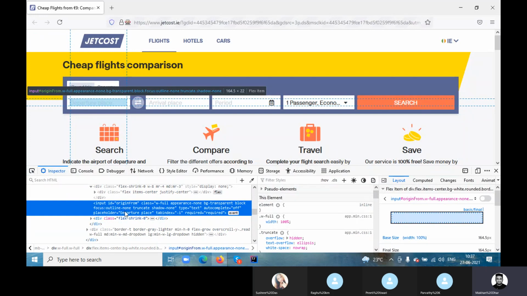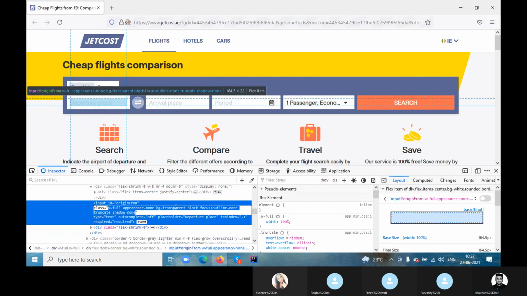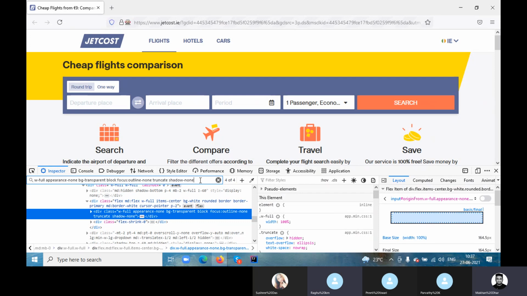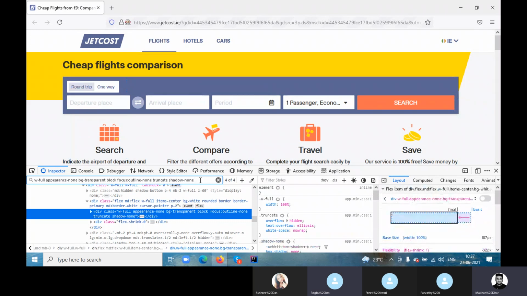Okay, go with XPath. So what you can do is take the class name and see. What I'm searching now, you can add multiple attributes right here. Yes, we can add both class and ID and create the XPath.